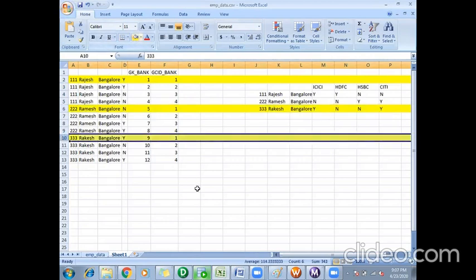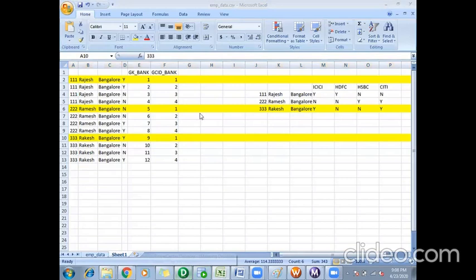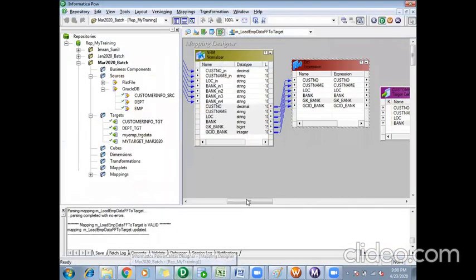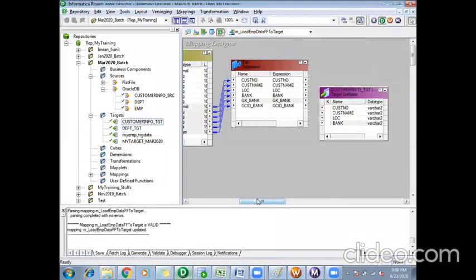are ICICI. Why I can say if GCID number equals 1, it is ICICI, because I know for every group GCID number will be a sequence restricted to that particular group only. Again, for the new group, it will start from initial value 1. So using this GCID number, I will try to identify what kind of bank it is. That's why I have taken this GCID number into my expression transformation.